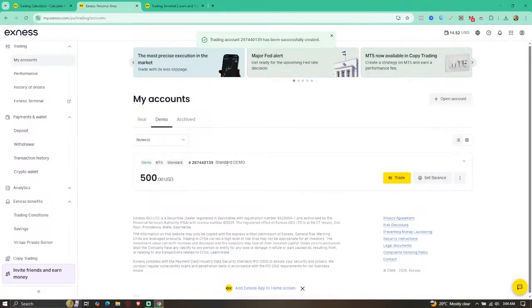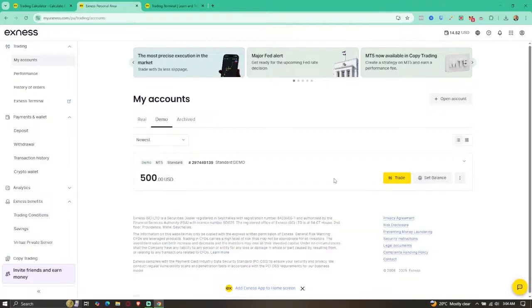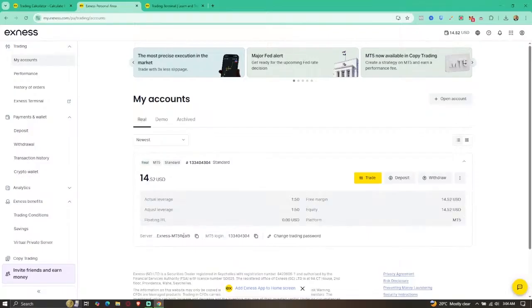All right, the standard demo has a deposit of 500, and I also created the real account. I deposited 10 and started trading. I made some profit of $4. This is the information you are going to need. It's on both the standard demo and the real account. We have the server name and the login and password that you have set. So this is the information you are going to require. But before we go there,